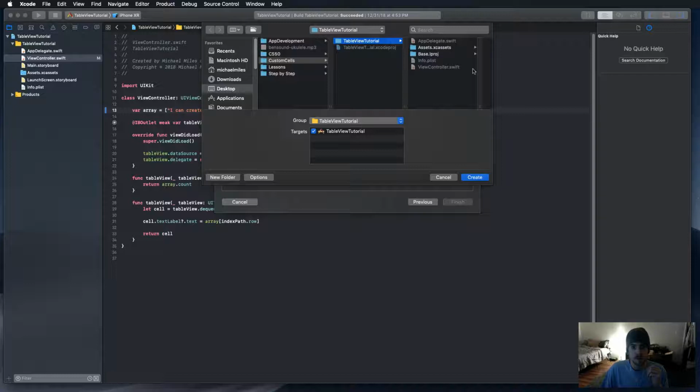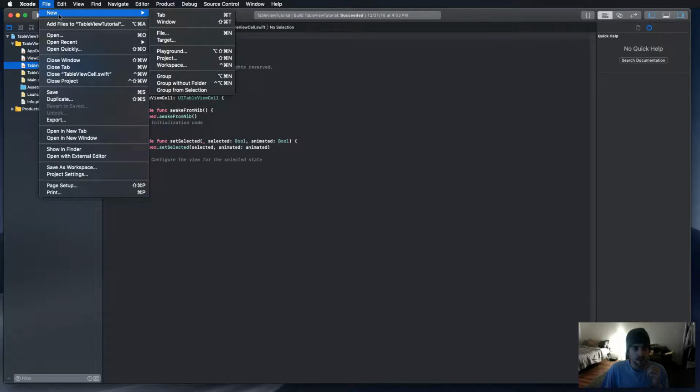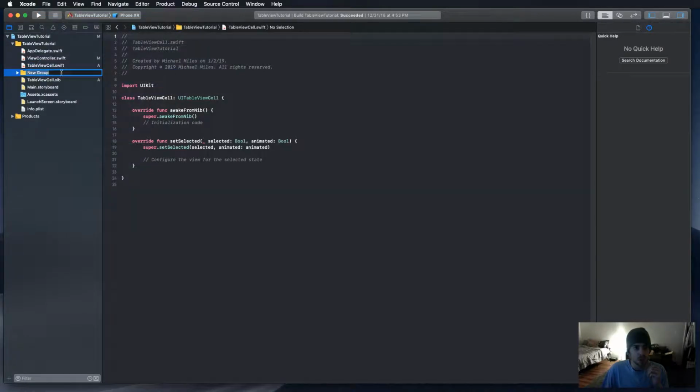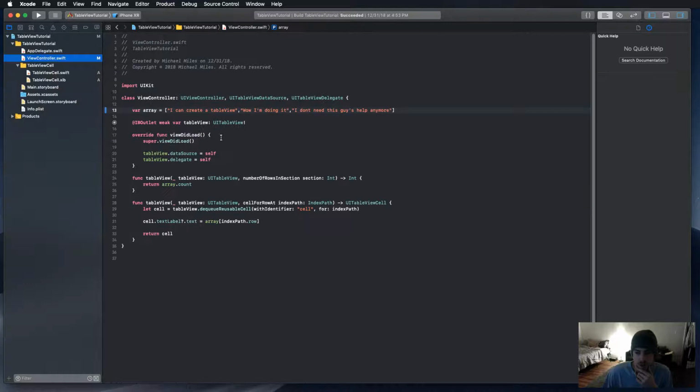And we want to target the app, and we want to make sure it's in the folder. All right. And so there's our TableViewCell Swift file and the xib file. And here's a little something that I like to do: new group, and we call it TableViewCell. And we're going to take these and put them in there, just because it keeps everything organized over here. And so now we're going to go back into our view controller and do step 2, creating the